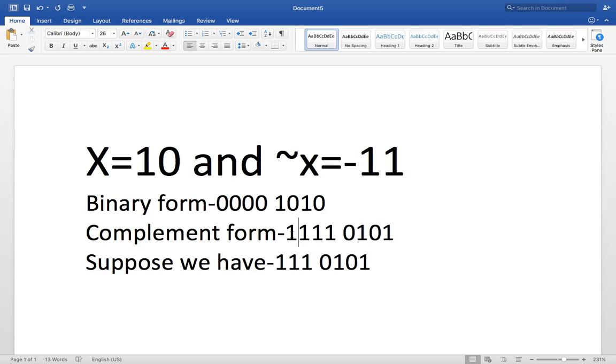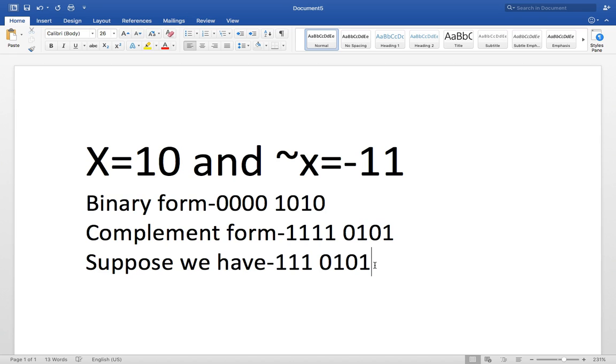So here the sign bit is 1, which means that our answer is a negative answer. So I remove this 1 from the whole value, because the last bit is the sign bit. So we remove this and we get the new value, which is 1 1 1 0 1